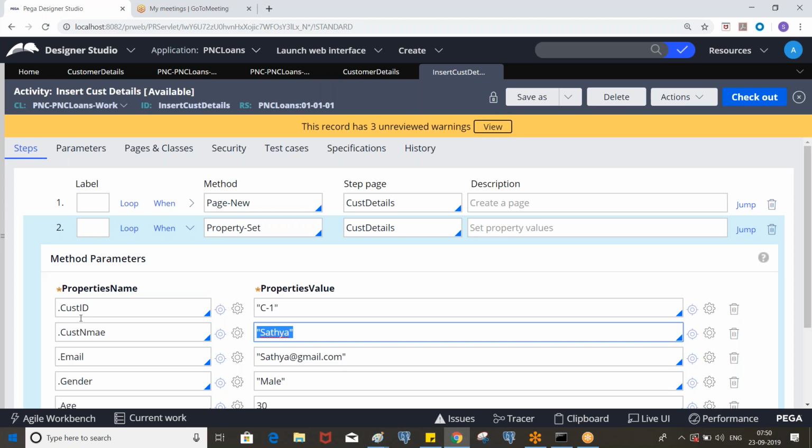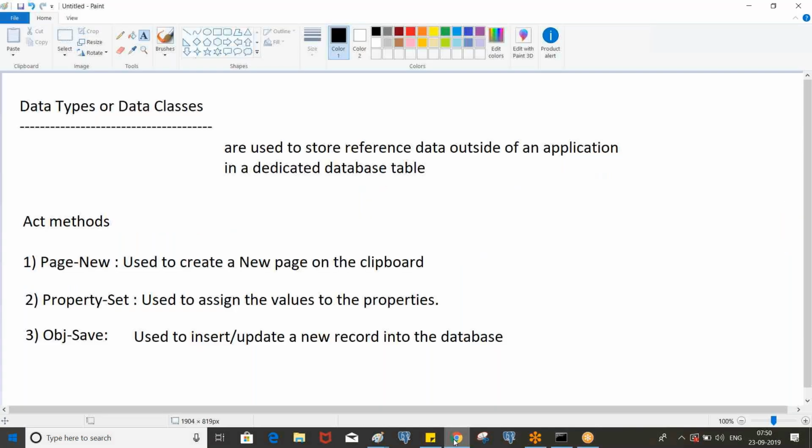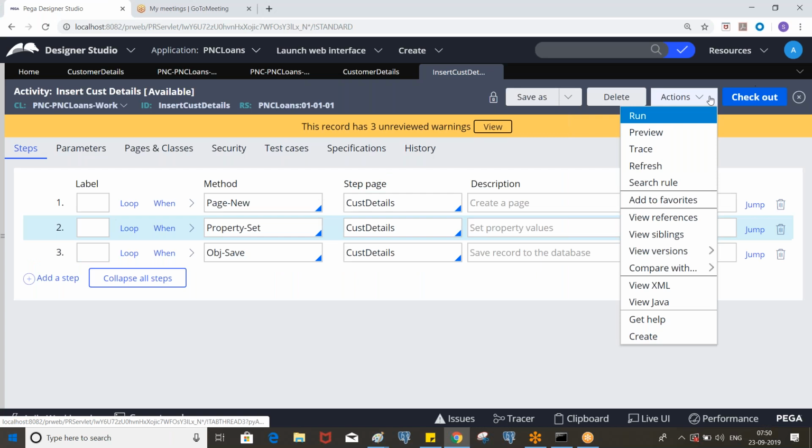Now, before we invoke this activity in the flow, we have a debugging tool called Tracer, by which we can see the step-by-step execution process. Have you observed the clipboard?